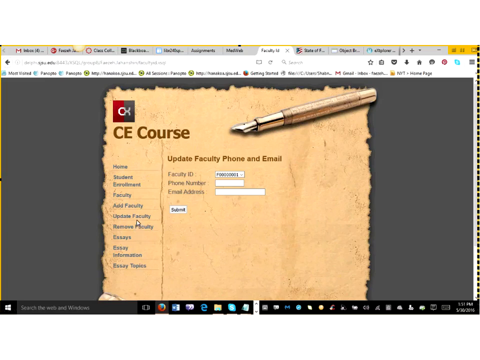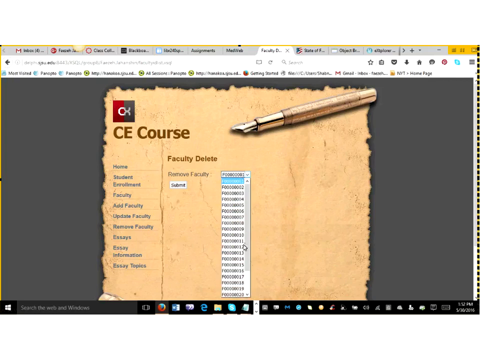We have also remove faculty, where you can just delete a faculty from the list. For example, we want to delete faculty number 13. So we click submit,